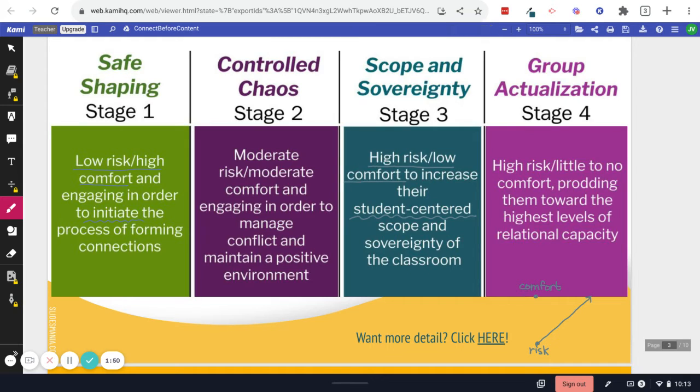So we want to start off with comfortable, and then as we progress, we want to take some of that comfort away. We want to help them push out of their comfort zone because that's where really, really good learning happens. Now, these 4 stages are obviously quick hitters of what's happened in each one. If you want more detail, there is more in-depth information on each one. You can totally click on that link in the actual PowerPoint.